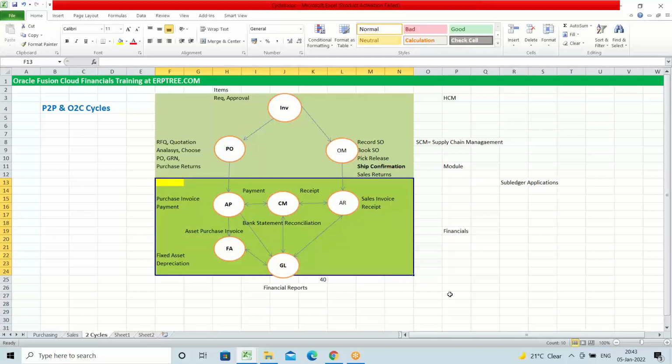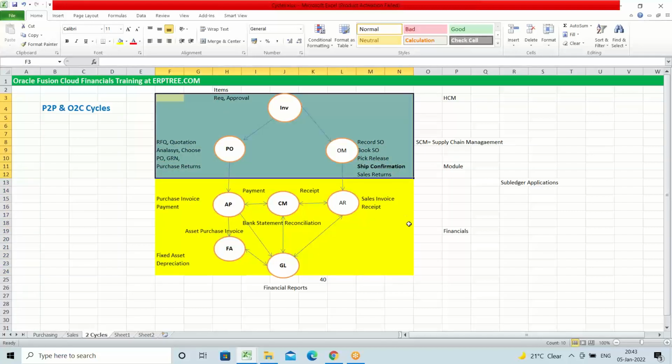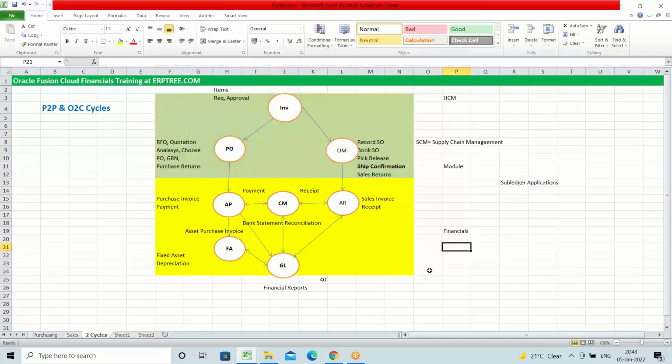We'll go to detail level. But when it comes to SCM, it is always good if you can have basic knowledge of that. That is the reason I'll take you through the SCM application business process which is connected with our financial applications. Here, say for example,